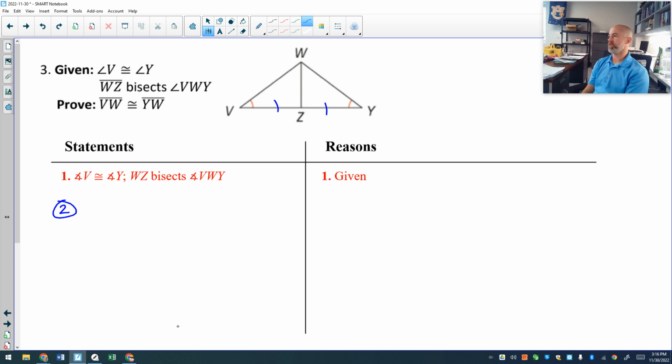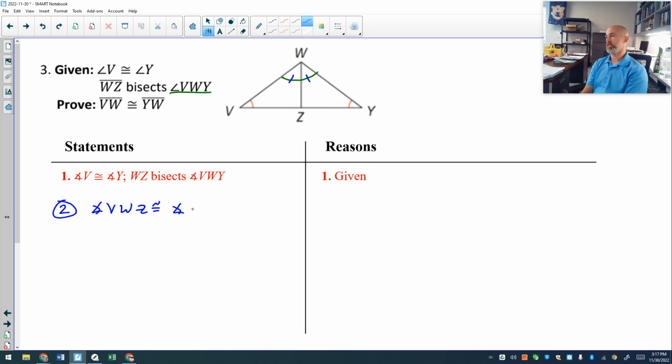Why is that not necessarily true? Pay attention to what we're bisecting. We're bisecting the angle VWY. So that means that one side is congruent to the other side. So would you just do angle W equals angle W? Nope. Cannot say angle W equals angle W. You have to go the three point naming. VWZ